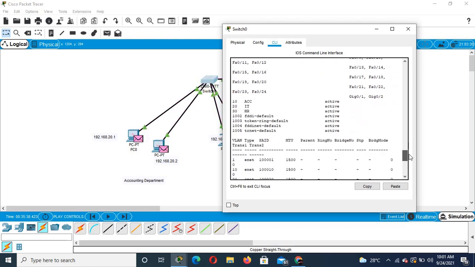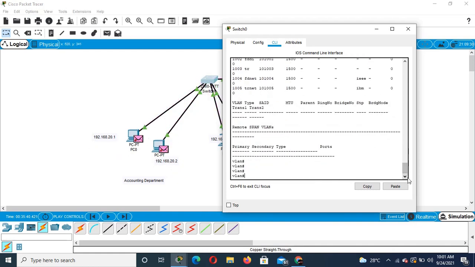Let's save it. Okay, now can you see all the VLANs have been set: 10, 20, and 30. Now we are going to set the accounting department. We are going to do all the necessary things by switching the port to the right VLAN. Now let's go back to configuration mode,